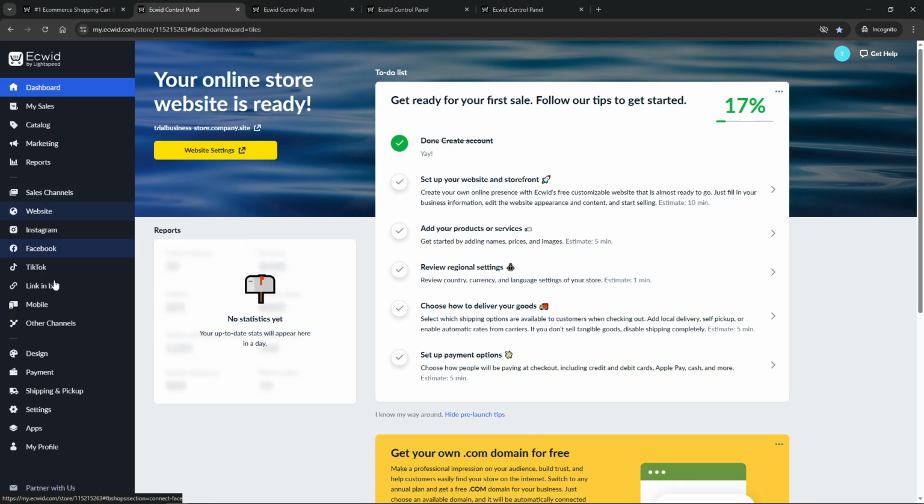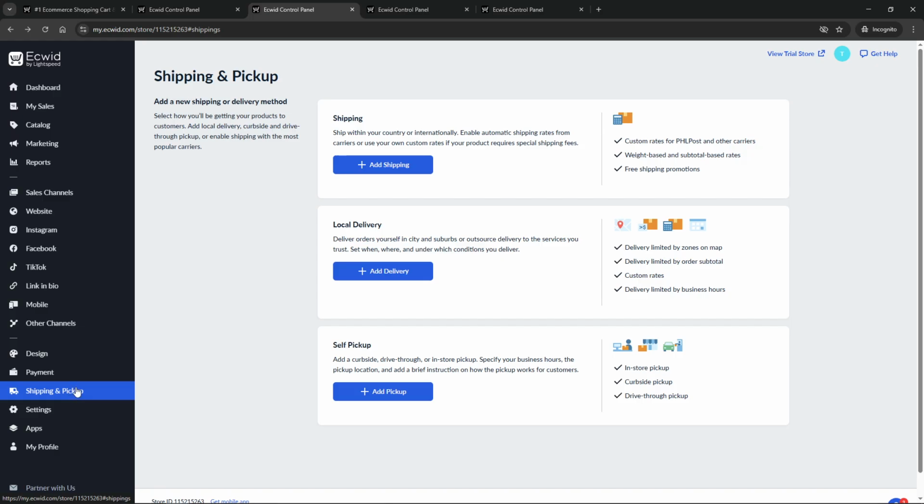Next, locate the shipping and pickup section. This hub is where you'll manage all of your store's delivery options. Click on it to explore the current configurations and discover the versatile shipping options you can provide to your customers. This step opens up a world of possibilities, allowing you to tailor shipping methods to meet the unique needs of